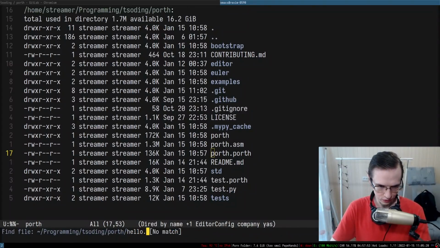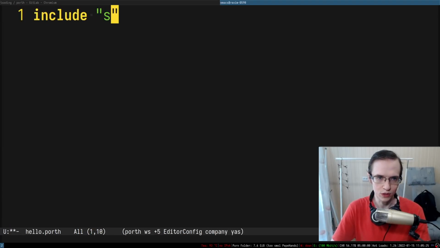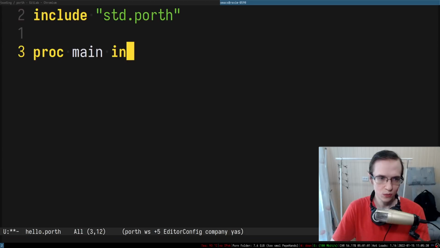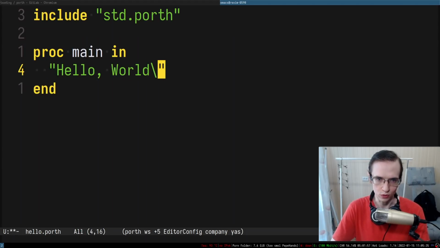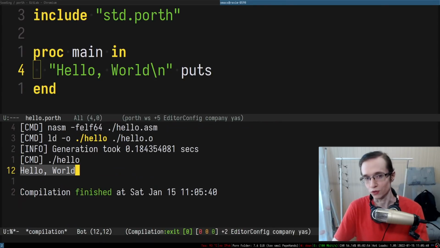So let's write hello world. Right, so let's try to reproduce the bug and write a simple hello world. We're going to include the standard library. So here is the standard library. Then we're going to introduce the entry point, and then we're going to say hello world. And let's bring it on the screen. So then I'm going to try to recompile it and run the entire thing. And as you can see, it works beautifully.